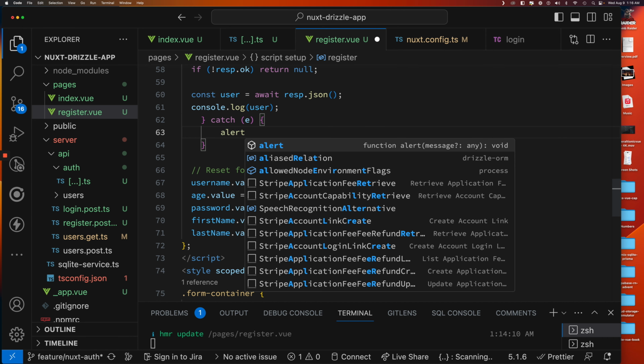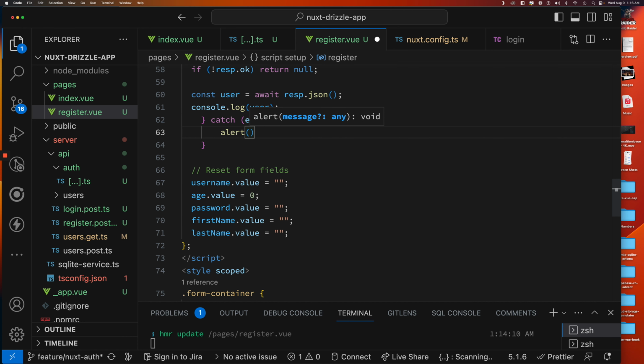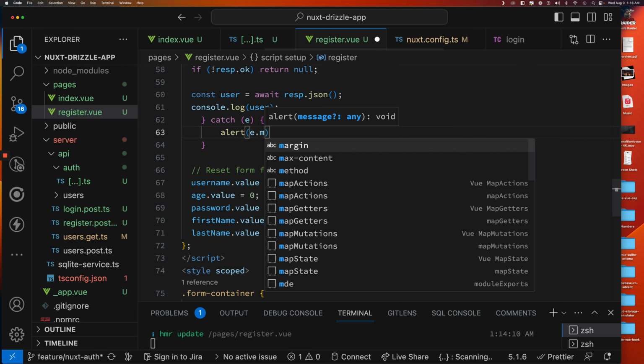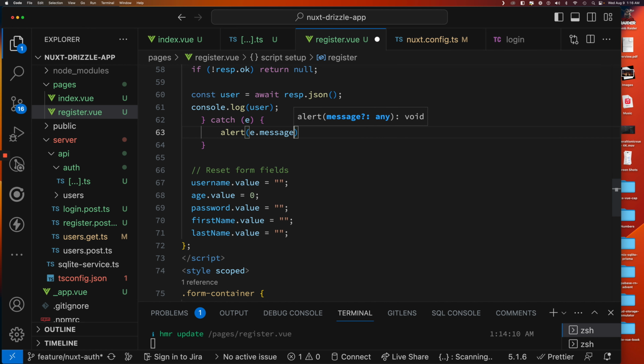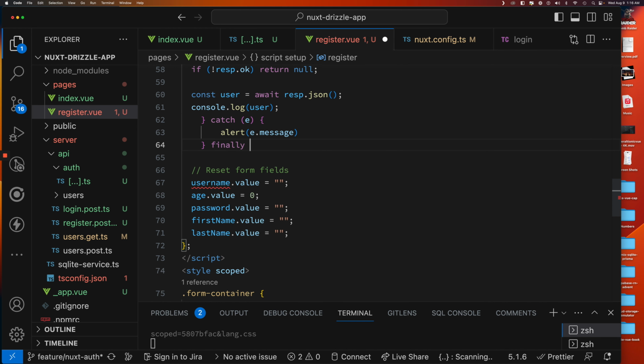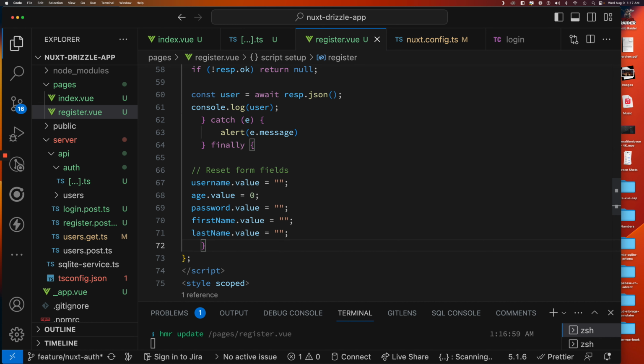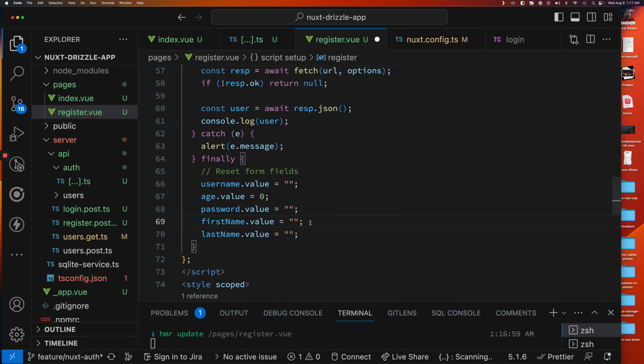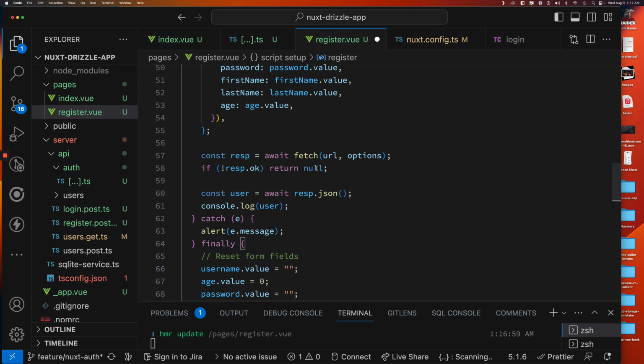Alert, and the alert will be e.message. And then this will be finally. So no matter what happens, let's reset all the fields. Okay, and then what we can do here is if it's not okay, we can just return, actually we'll just